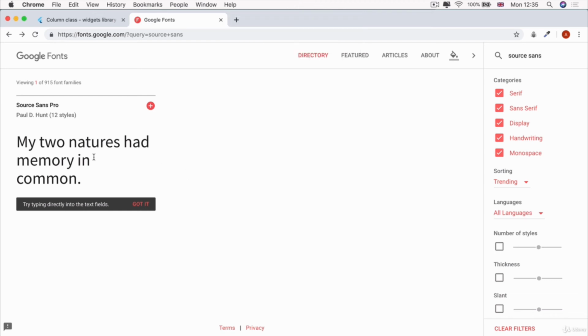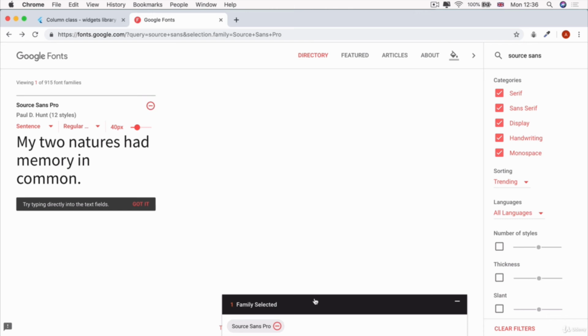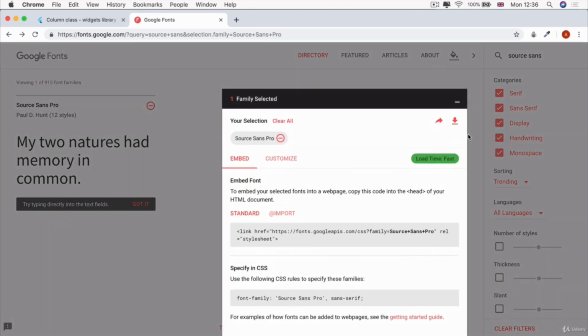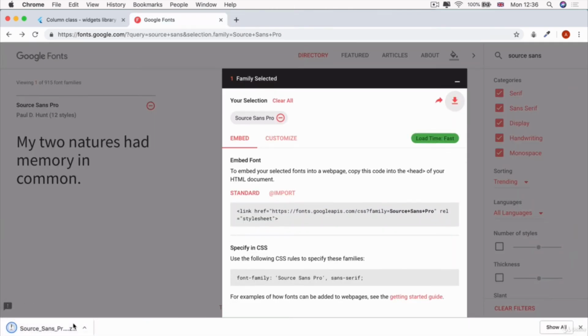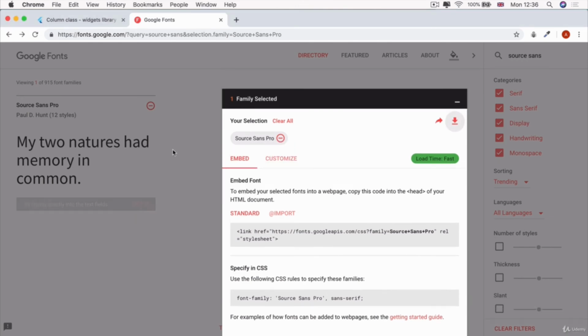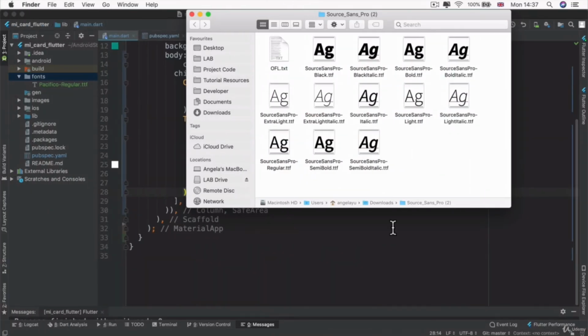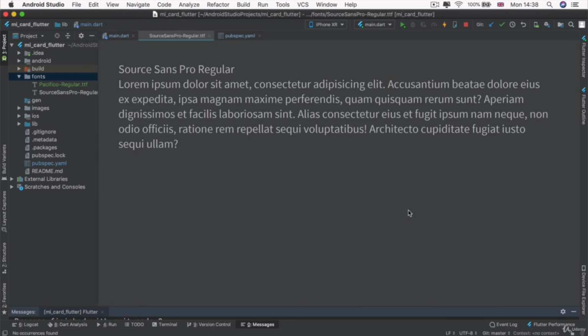All right, so we're just going to do exactly what we did previously. We're going to add our Source Sans Pro to our selection, and then we're going to download it so that we have access to it locally. And then we're going to unzip that file. Once you've extracted it and you can see all the different types, we're actually just going to drag in the Source Sans Pro regular, and we're going to drop it into our fonts folder. And then we're going to click OK to move it, and we'll be able to see an excerpt of what